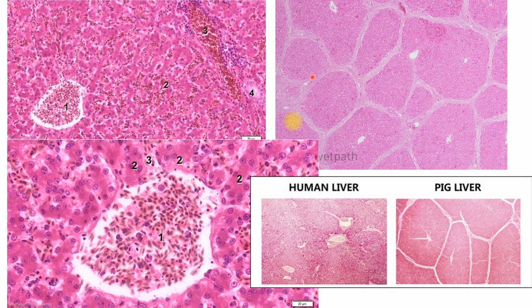So here are other photos of the human liver. Just like the avian liver, the lobules are not well defined, so you have to really differentiate the portal triads from the central veins in order to see where one lobule starts and one lobule ends. Okay, so in the lab, please view the pig liver first, so you would have a clear delineation of the classic lobules, and then from there you can easily trace where the portal lobule and portal acinus are as well. Okay,